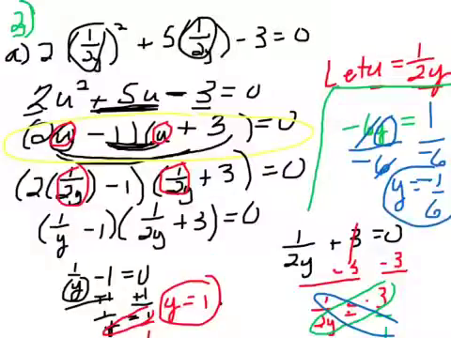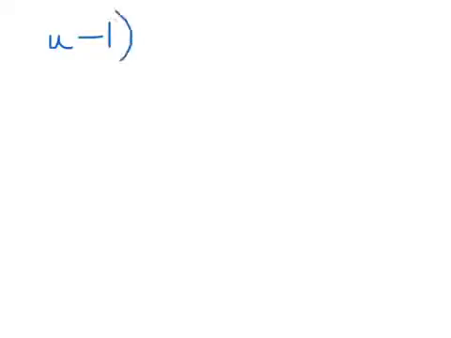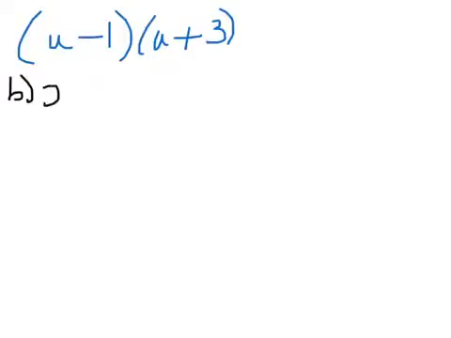Now this factoring pattern for 2u squared plus 5u minus 3 is what we're going to use in the other problems as well. So I'll do as much as I have time for. I'm probably running pretty low on time here. So it's 2u minus 1 times u plus 3. So for the b part on this one, it would be